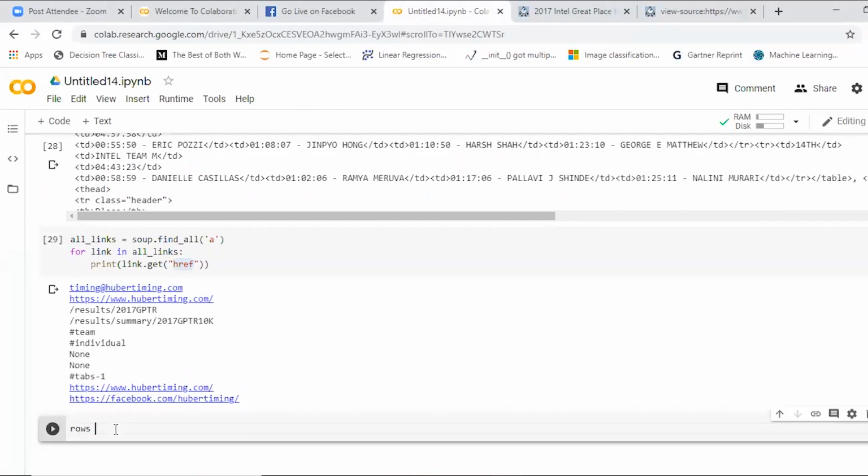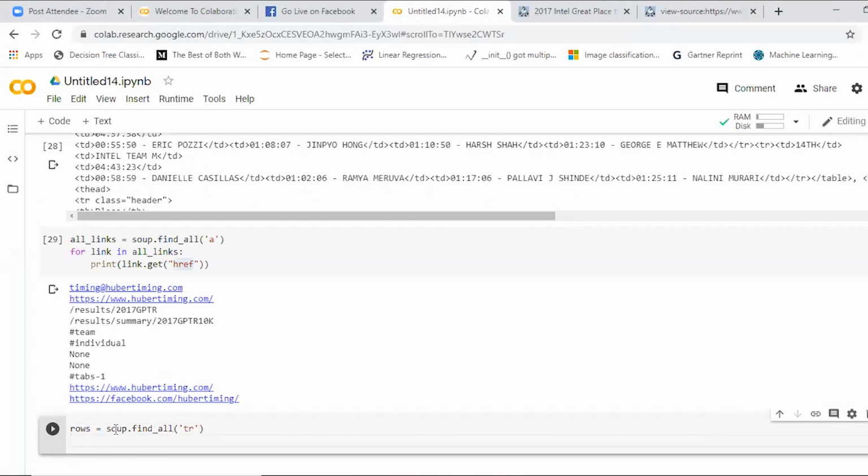Now what I'll do is take out the table rows. This is just analyzing each and every tag from the web page, so I'll use my basic Python knowledge. Again I use find all, and I go for TR. TR stands for table rows, right?